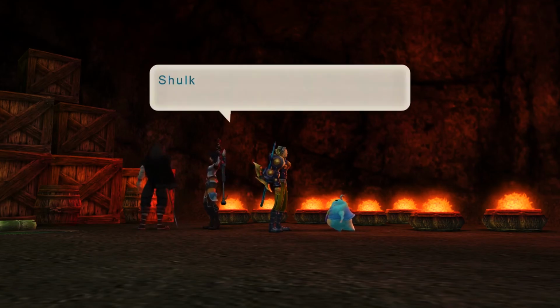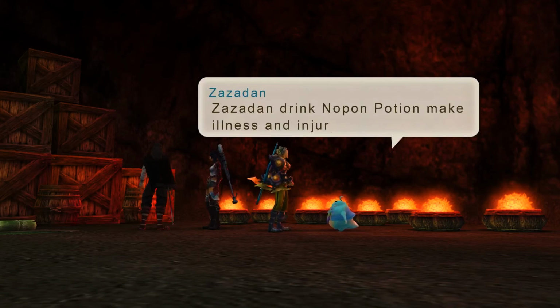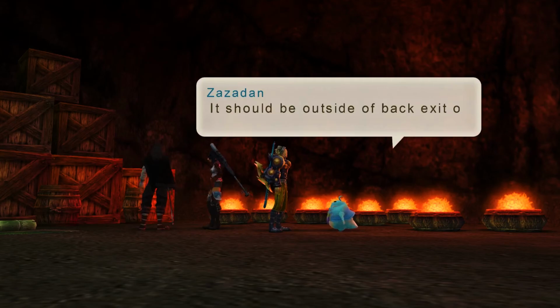You're right. I mean, I don't know how you know that he's right, Shulk, but maybe your wound got infected. Zazadan drink no pon potion, make illness. Drink no pon potion, make...